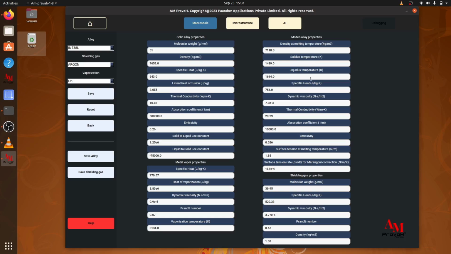Solidus temperature and liquidus temperature. Solidus temperature is the temperature at which melting starts. Liquidus temperature is the temperature below which solidification starts. We can edit all the fields as required. Also, we have an important feature to save the material properties. We can load any alloy properties. We can edit the fields